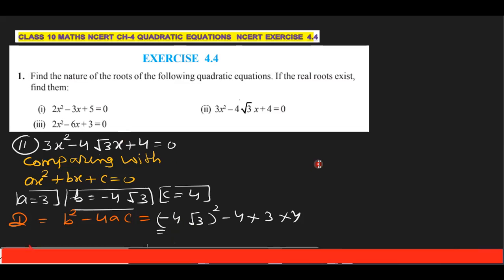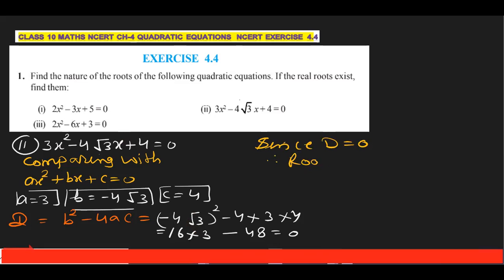Minus 4 square is plus 16. Root 3 square is 3. And that is also 80. 48 minus 48, that is 0. So we can write here since discriminant is 0. Therefore, what is the nature of roots? Roots are real and equal. When roots are real and equal, then both roots are given by